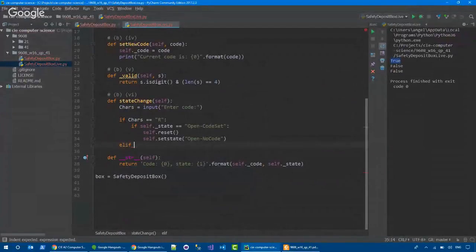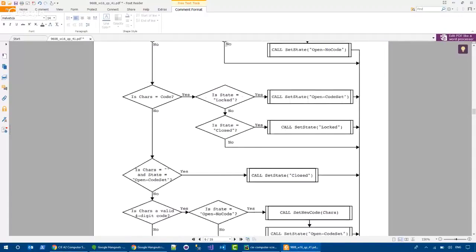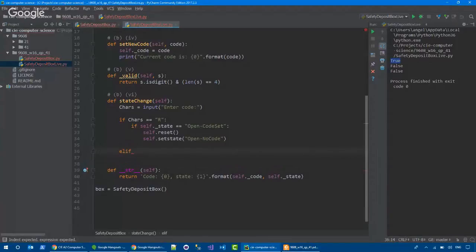That's elif in Python. So elif. So if chars is not R, what we need to do? We need to check if chars is code. Okay. So let me check that. If I like to add an empty line there. If chars is code,